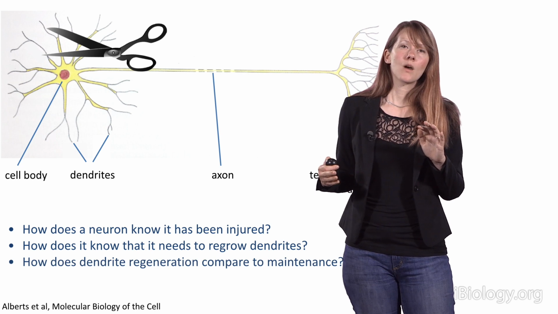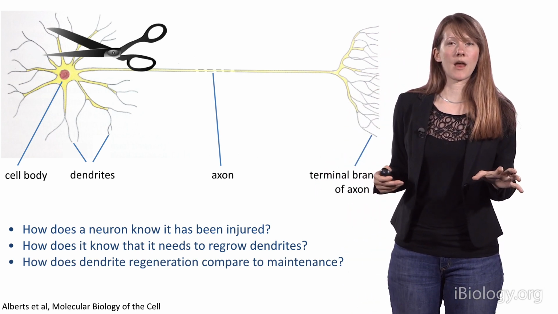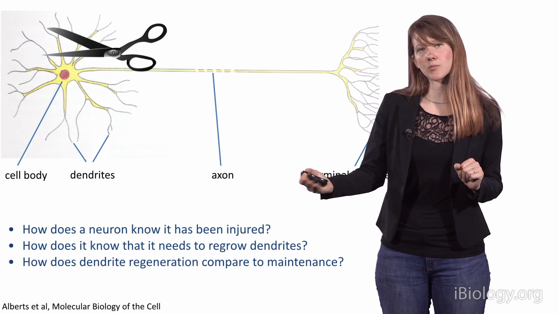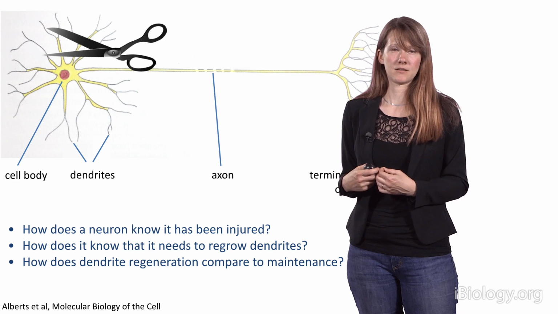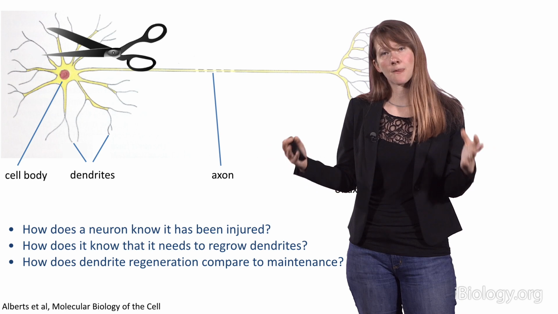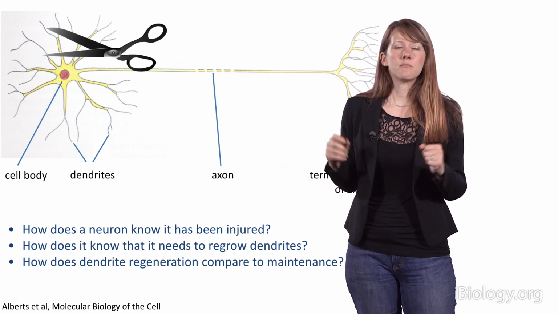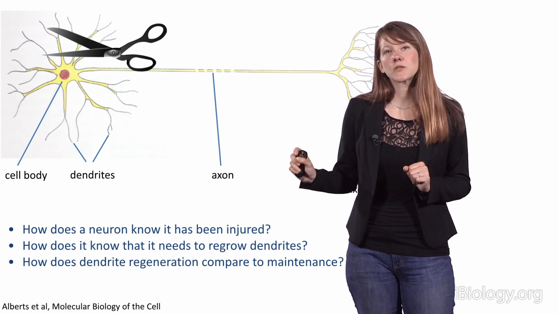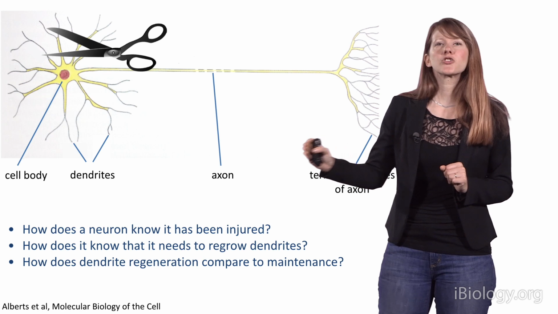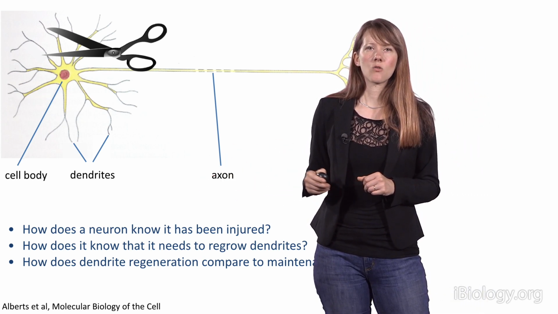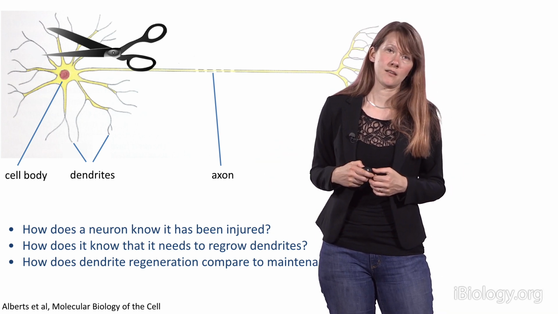Also, how does dendrite regeneration compare to the normal behavior of neurons, to the normal mechanisms that are responsible for maintaining dendrites in uninjured situations? Because dendrites and neurons have machinery that makes sure that they have the right number of dendrites for their situation. So is what we're seeing after injury merely an extreme example of that dendrite maintenance process, or is it something else entirely? To take you back to the tree analogies,